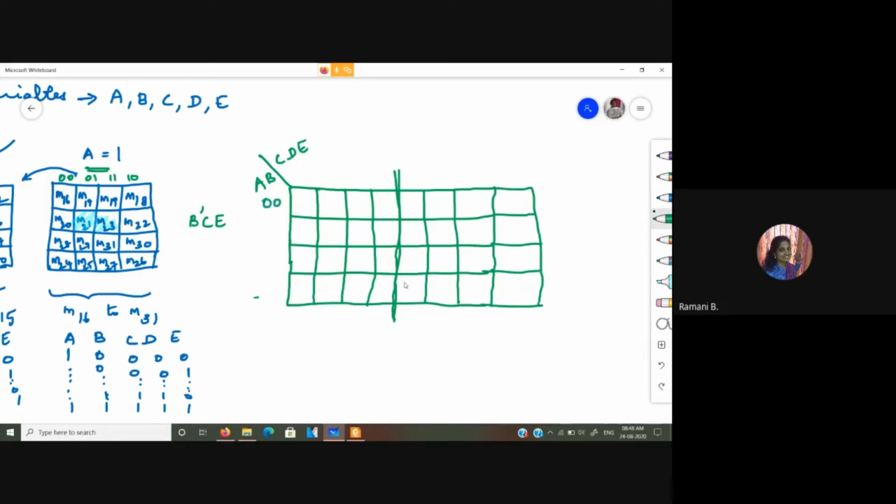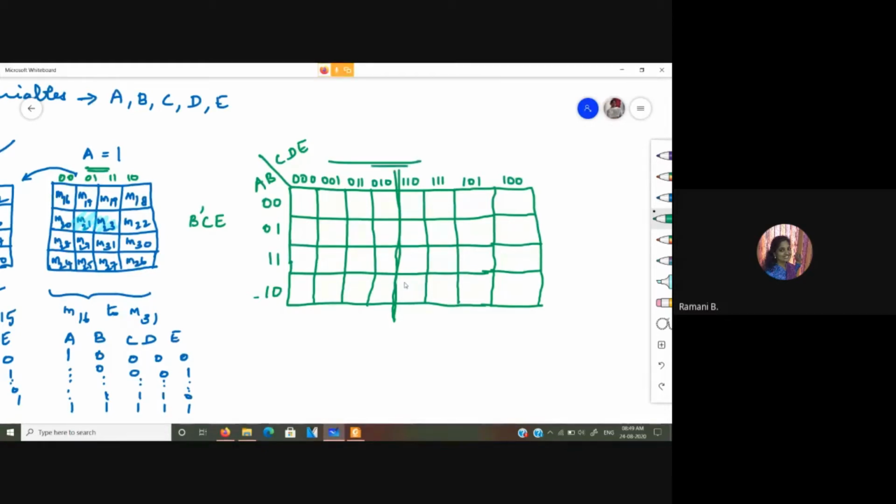So here this is 0 0, 0 1, 1 1, 1 0. Here you have to write it in the gray code order as we saw with 3-bit gray code. So 0 0 0, 0 0 1, 0 1 1, 0 1 0. Now the mirror image of this you can have on the other side: 1 1 0, 1 1 1, 1 0 1, 1 0 0. Because with gray code only one bit should change at a time. So this is how your numbering order will be.